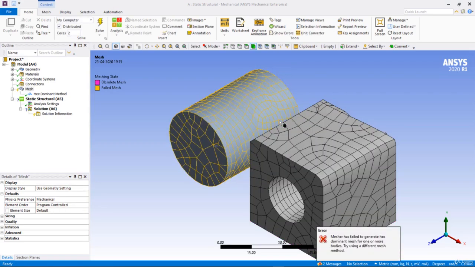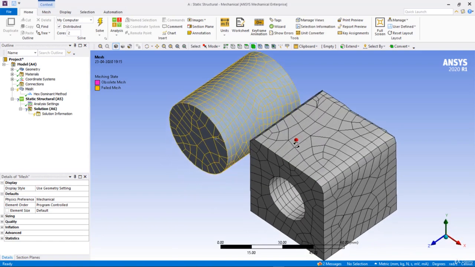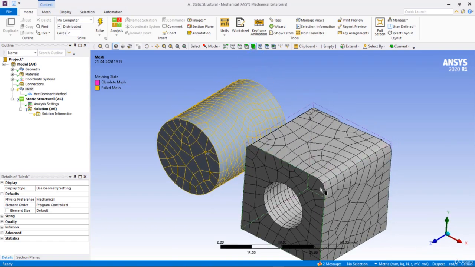It is done, but as we can see here, the mesher has failed to generate all hexahedral elements, especially on this particular object. And remember, creating hexahedral elements with an automatic mesher won't do much good, because hexahedral meshing is a very complicated thing, and it involves a lot of manual tasks